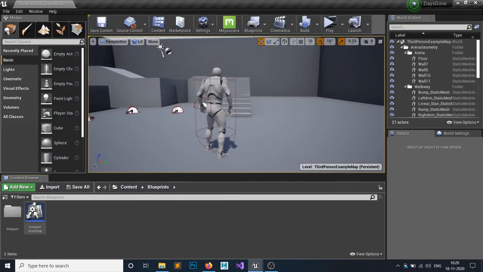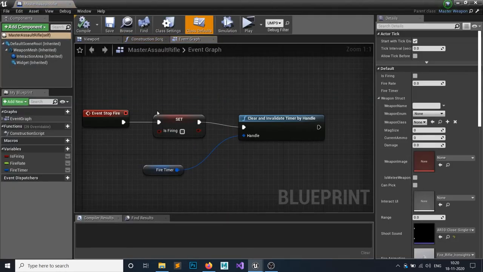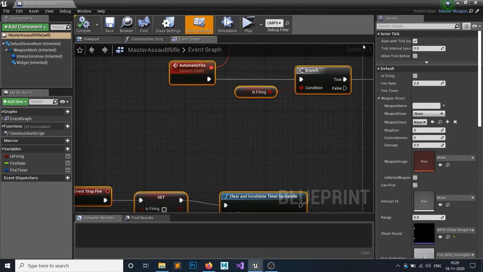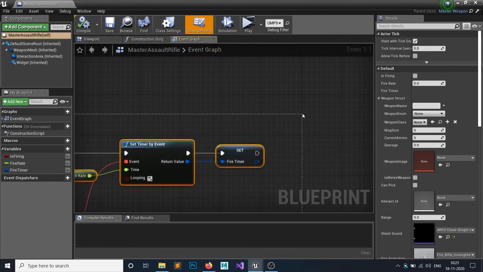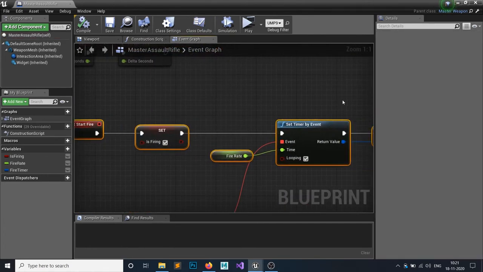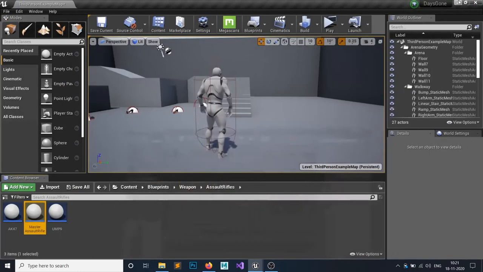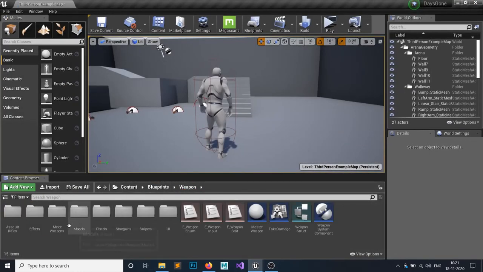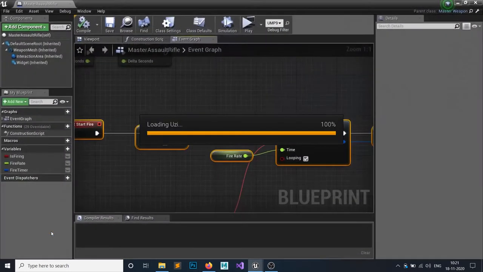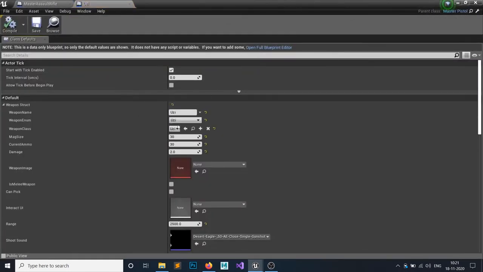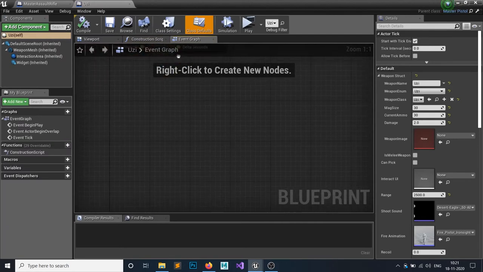So what I simply need is the code from my assault rifle, the automatic fire. Stop and fire, this one. I will simply copy it, till this. I will simply Control C to copy it, and I will paste it to my pistol Uzi gun. So I will simply open it up, and in here I will paste my code.